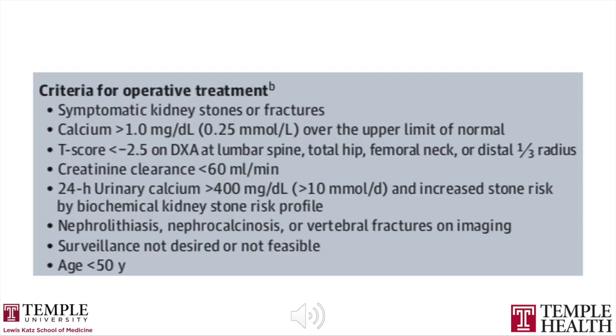And here are the criteria put forth by the NIH. So the criteria for quote-unquote asymptomatic patients, they should receive an operation if they have symptomatic kidney stones or fractures, a calcium greater than 1 milligram per deciliter above the upper limit of normal, a T-score of less than -2.5 on a DEXA because this indicates osteoporosis, creatinine clearance of less than 60 milliliters per minute, a 24-hour urine calcium of greater than 400 milligrams per deciliter, as well as an increased stone risk profile,